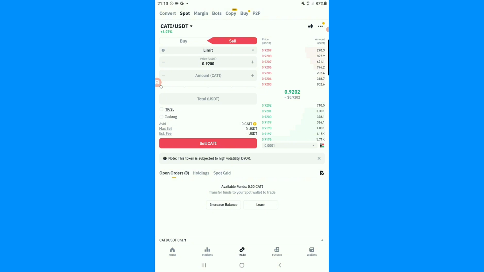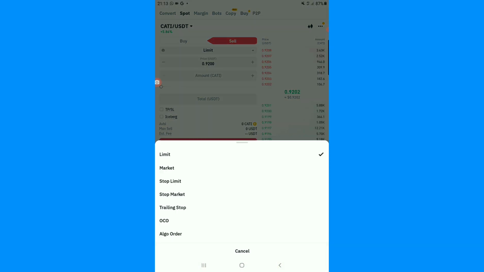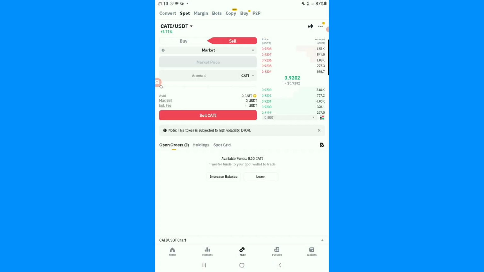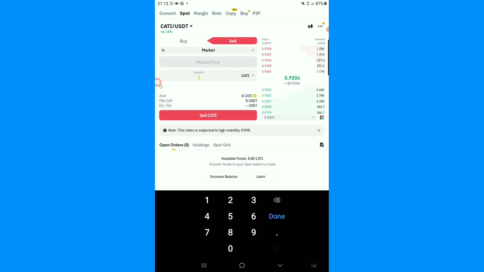The limit, you see there's an arrow close to it, tap on it and then tap on market. Don't enter the price of the crypto you wish to sell, just enter the amount of crypto you wish to sell. Let me say I want to sell 2 KT, but if it's not KT, you can just tap on